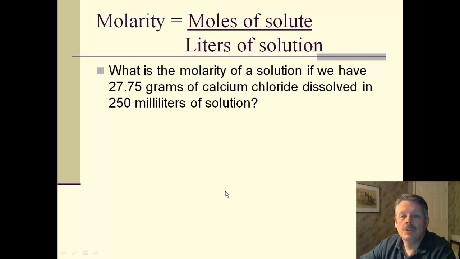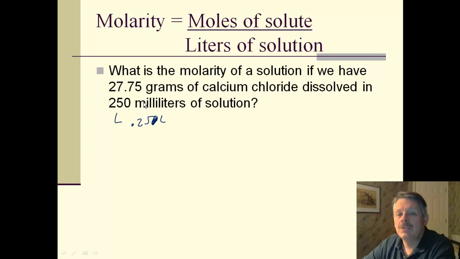Alright, so here's one for you to try. See if you can do this one. What's the molarity of a solution if we have 27.75 grams of calcium chloride and 250 mils of solution? Give it a shot. Pause the video. You do it. Alright, 250 milliliters is 0.250 liters, actually it's 0.25 liters,